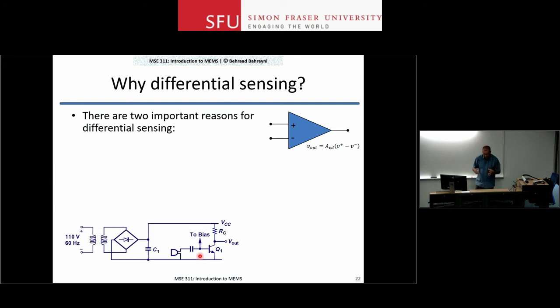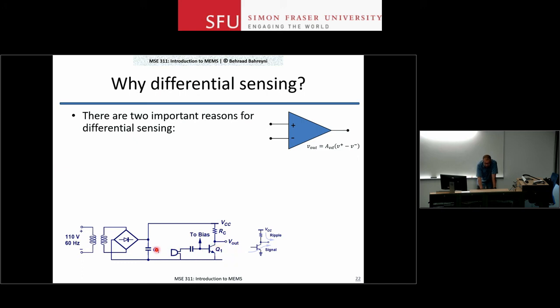Assume that you have made an amplifier. This is from your electronics textbook. You made an amplifier and you biased it properly to measure the signal from a microphone. This amplifier, the way you made it is that you went and applied whatever you learned in electronics to make your full wave rectifier and use that full wave rectifier to bias the circuit. Now, there are two signal paths. There is one signal that is your desired signal. This is the signal coming from the microphone that goes into your amplifier